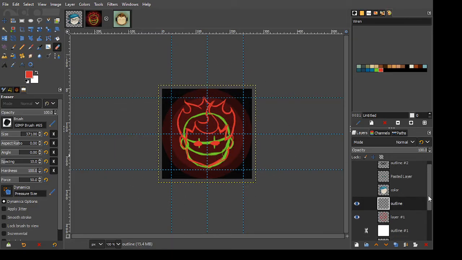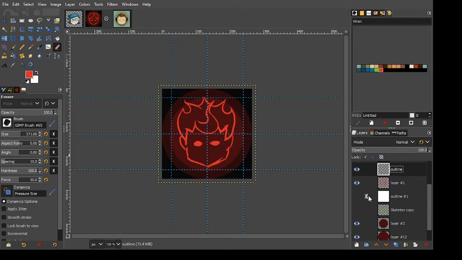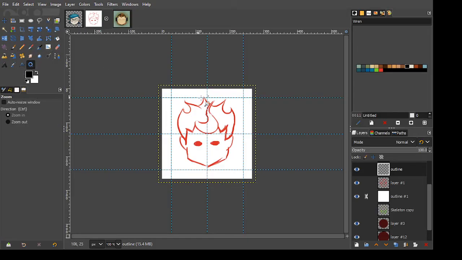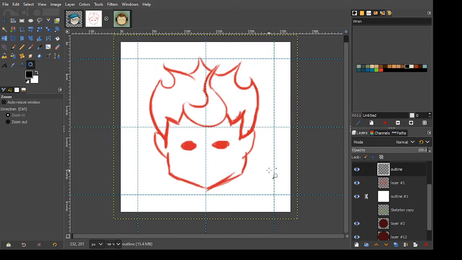Okay. There's that. And we're going to put this under it just to make things a little easier. Okay, we've got our outline selected. So now we're going into black ink. And we'll go back down to a 6 or 7 in brush here. And now we're going to get up close. Let's zoom. Zooming on up